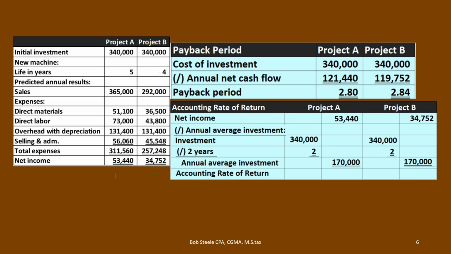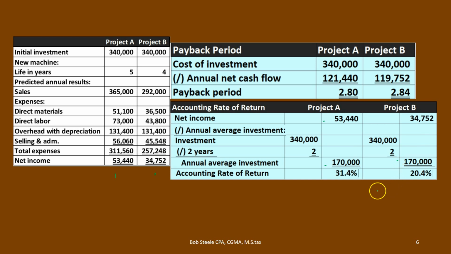Okay, so then we're going to get the accounting rate of return, which is going to be the 53,440 divided by the 170,000 for 31.4, and obviously we made it a percent there, so 31.4. And then we're going to take the 34,752 divided by the 170,000. We get the